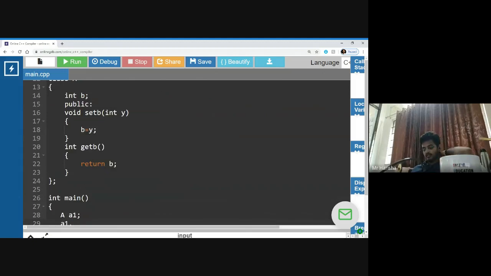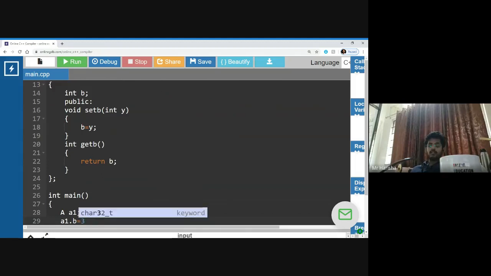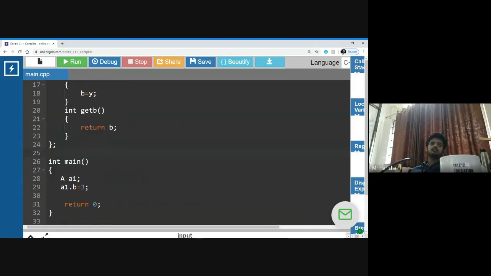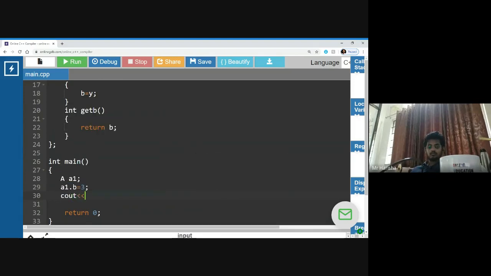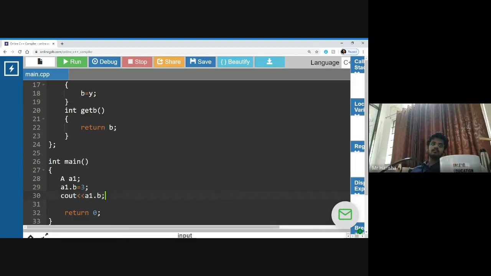So A1 dot B. I will try to assign it directly instead of calling set B or get B, and I will try to print that also with cout A1 dot B.